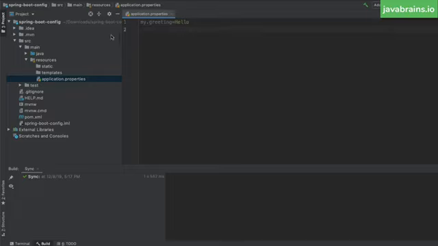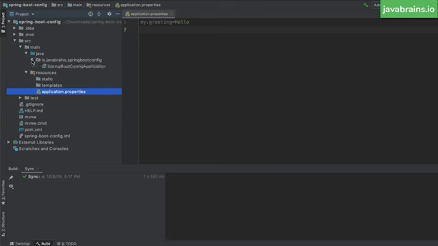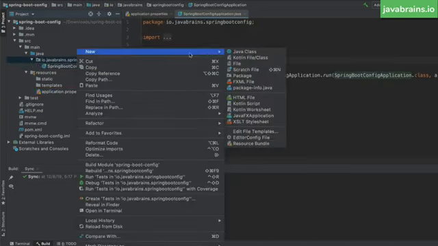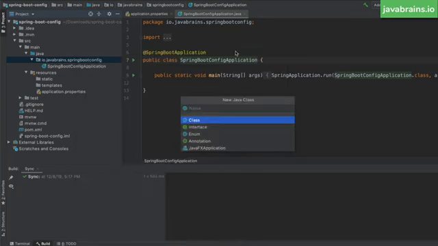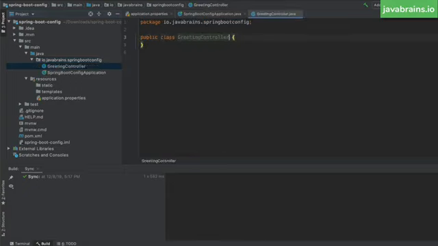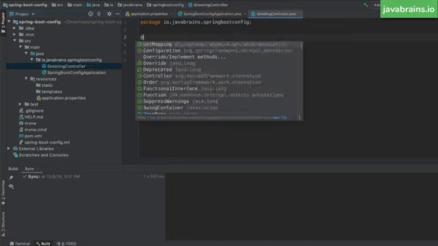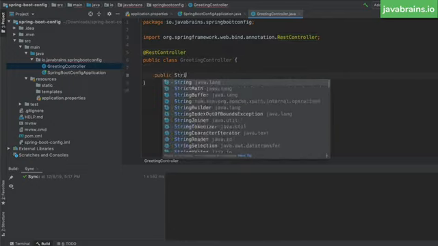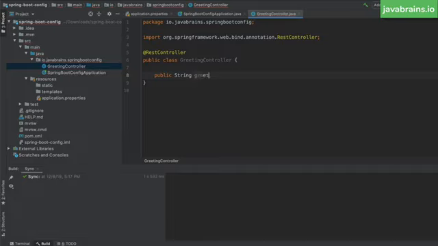Okay. So I'm going to create a new REST controller. I'm going to right click, create a new class, Java class. I'm going to call this GreetingController. And this is a REST controller. All right, now I'm going to create a method here which maps to a /greeting request. All right, it's going to return a string. The method name is greeting, doesn't take any arguments. And let's say this returns the greeting